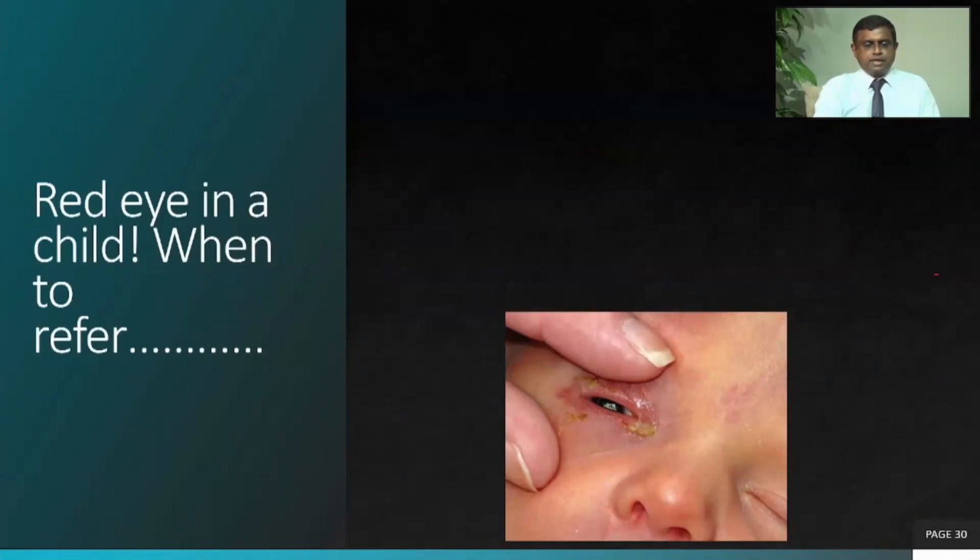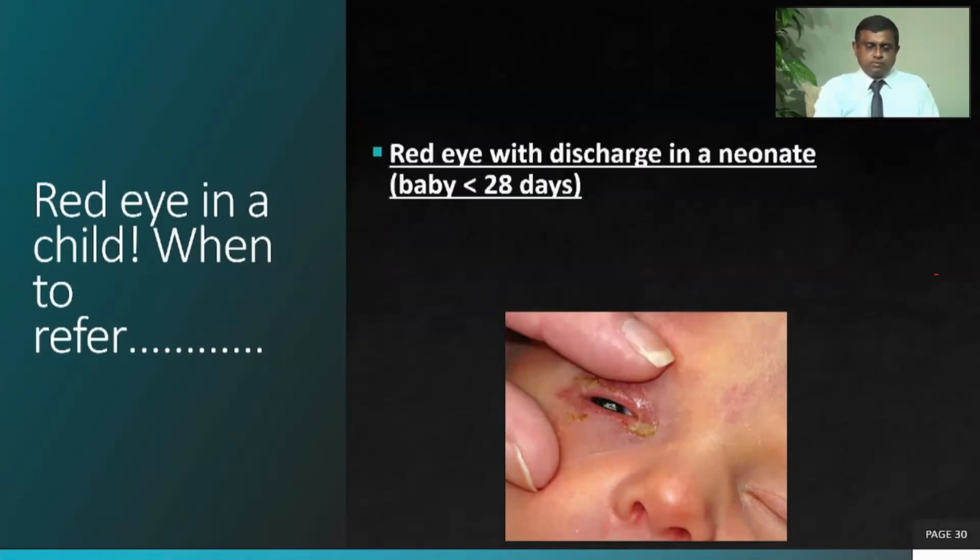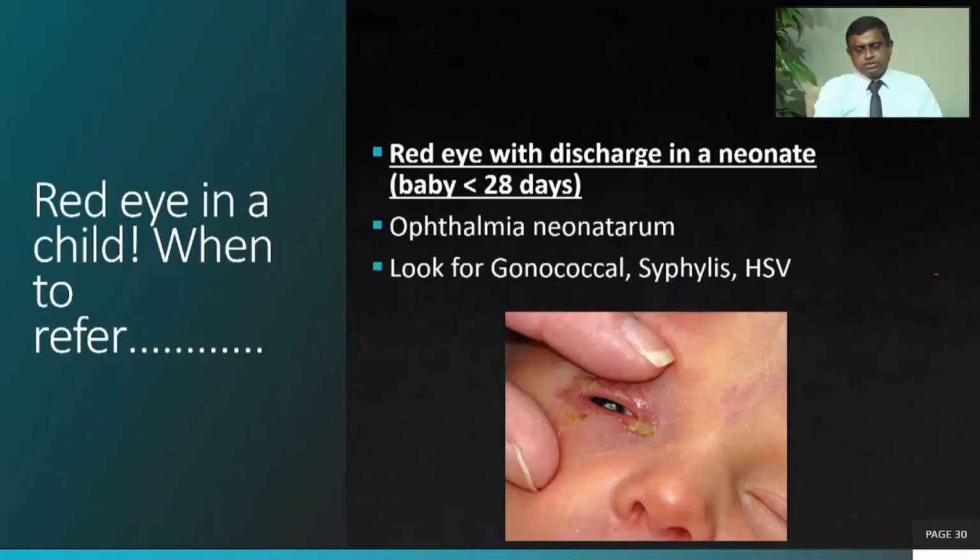So red eye in a child, again, is an important topic that you might encounter on and off. So when to refer, you should know. If the red eye occurs in a neonate, that is a baby less than 28 days, that warrants referral to the ophthalmologist. This indicates ophthalmia neonatorum, which is a congenital infection, and we have to look for gonococcal, syphilis or HSV